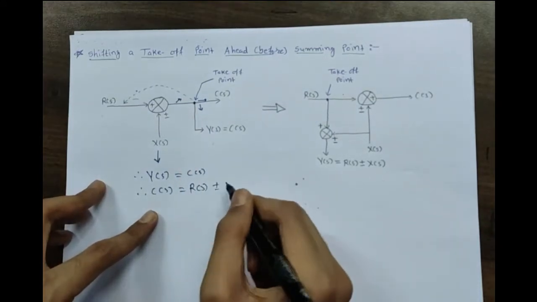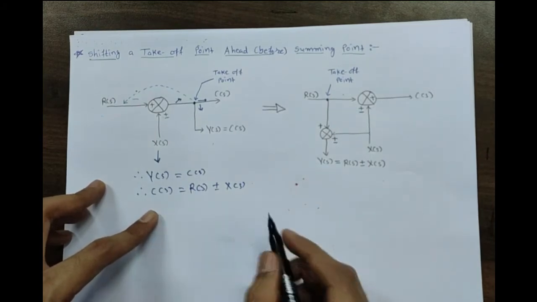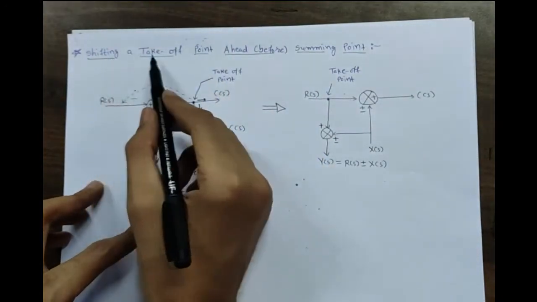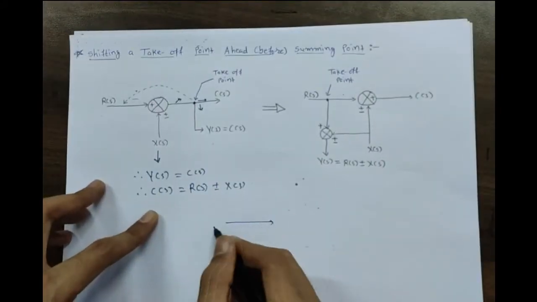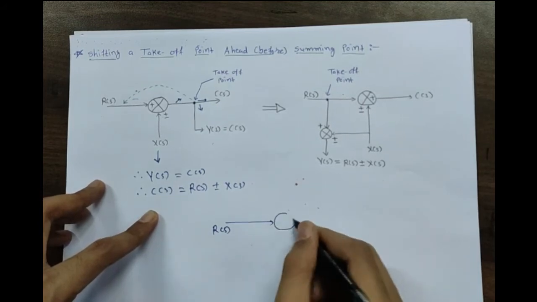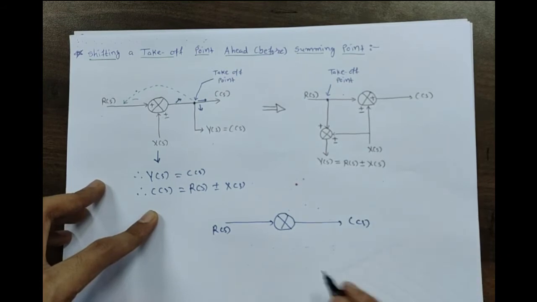So r of s plus or minus x of s, okay, that will be your c of s. Now what we want to do is find the shifting of the takeoff point ahead of the summing point. So just do it. Here it is your r of s, your summing point and output c of s,